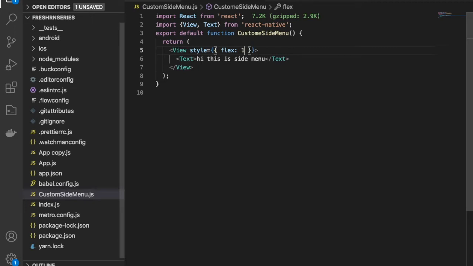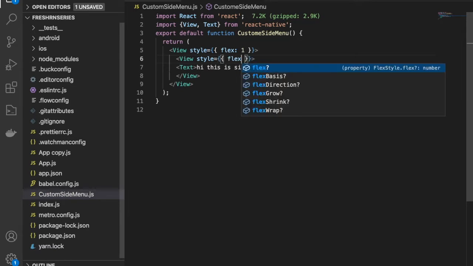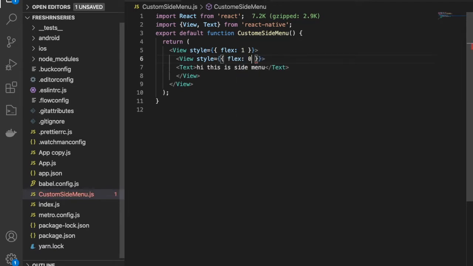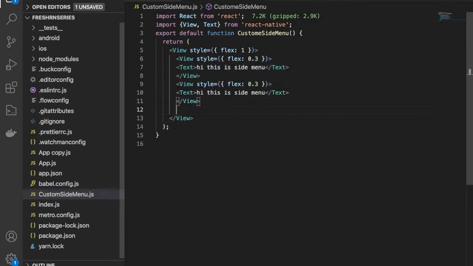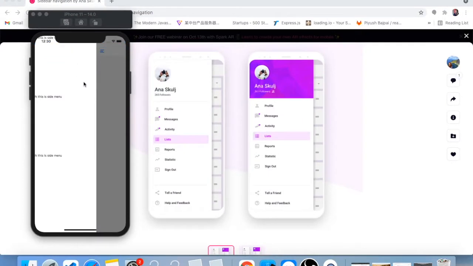Flex 1, and then we have this view with some styling over here. Let's say flex 0.3. And then we have 3 views: one for the top, middle and the bottom part.